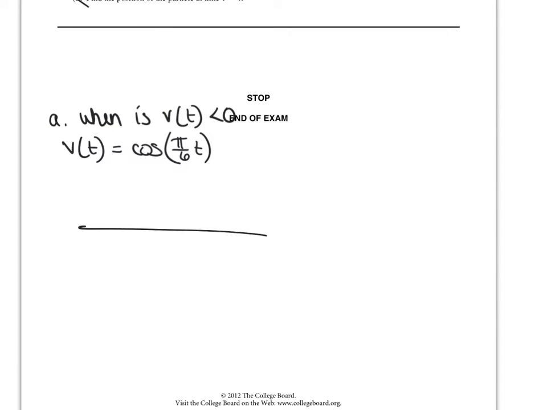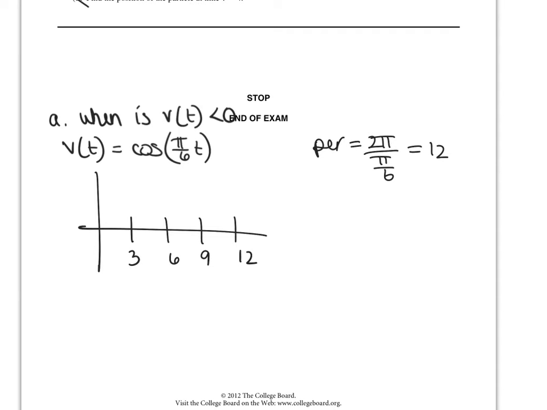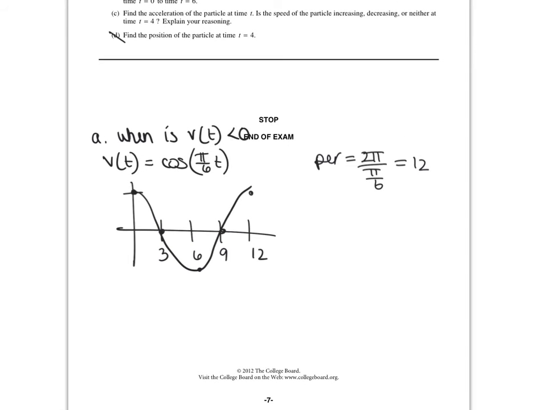The period is 2 pi divided by pi over 6, which is 12. So that means we're going up by increments of 3. Okay, so notice between 3 and 9, our velocity function is negative, so that's telling us it's going left. From 0 to 3 and from 9 to 12, it's positive, so that's telling us it's going right. All it wants to know is when is it going left,